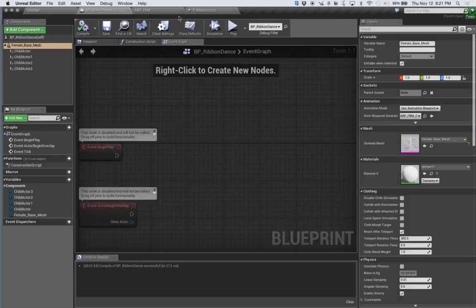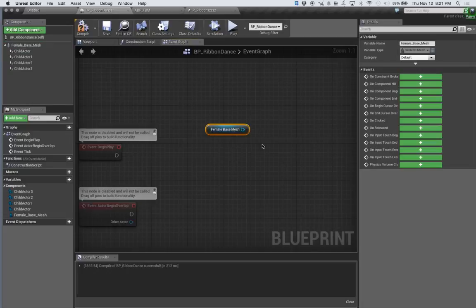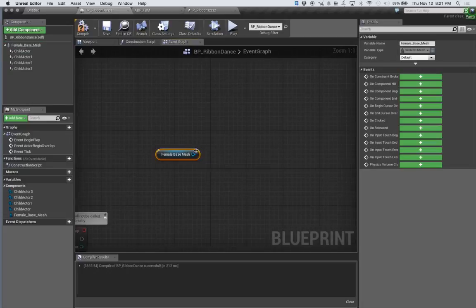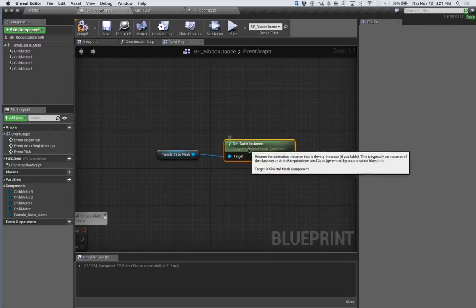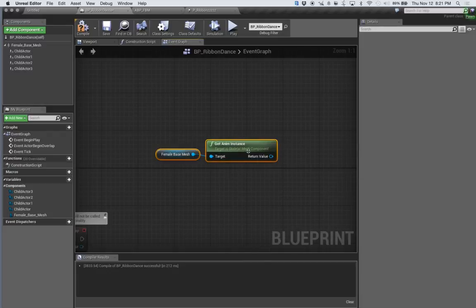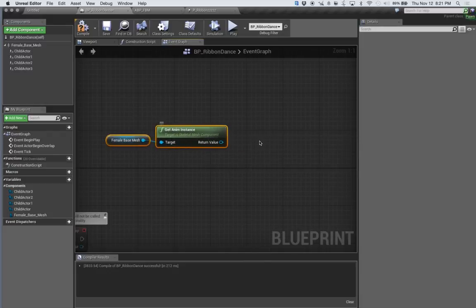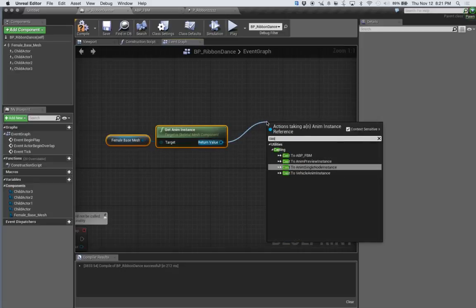But I'm going to go back here to the female base mesh, and what I want to do is I want to get the animation. I want to get an instance of its animation blueprint. So I'm going to say get anim instance. And what is that instance? Well, we have to talk to another blueprint, and the way we talk to other blueprints is we cast them, just like you would cast an actor in a movie. We want to cast this animation blueprint that we made as our thing that has a variable that we want to touch. So I'm going to say cast to, and there I see I have cast to